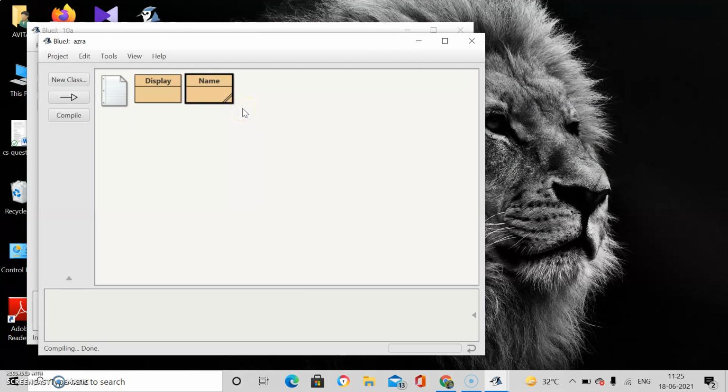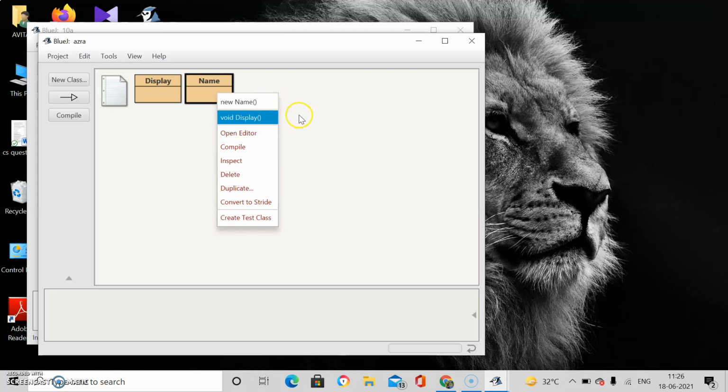Minimize the window, or you can close the window also. Now which class have we created just now? Name. Okay. So now there are only two lines as you have compiled your class successfully. Now right click. On right click you will get the option "new Name." Name is the name of your class, and that is with the new keyword. The new keyword is used to create an object. This option is for creating an object of your class. In this program we don't have to create an object of this class. There is no need of that.